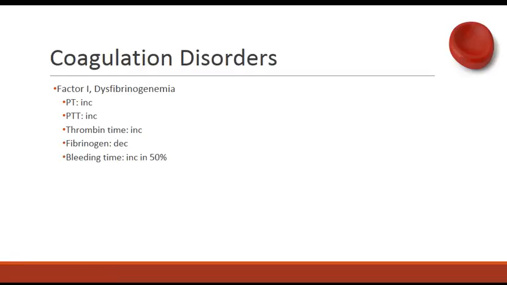Okay, this is Unit 5 in Hematology, and this is week 13. We're going to talk about coagulation disorders. These are disorders in which people lack one or more of the factors, and there's also some others